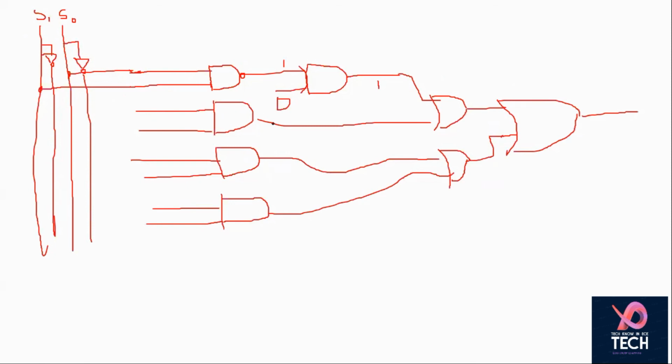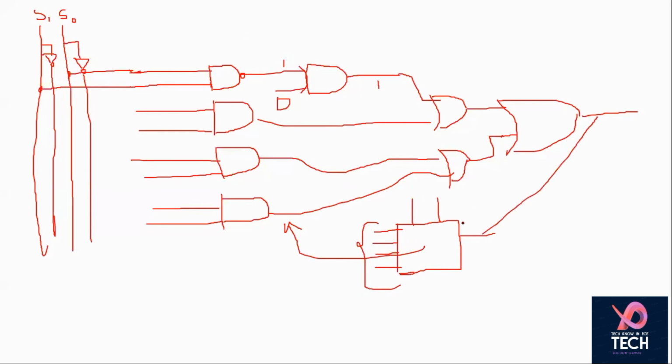So it can be implemented with any gates. It's not mandatory that you use only these gates. You are free to use any innovative circuit, but you should understand the basic thing for a multiplexer, because to you, the multiplexer is just this block diagram. You have selection lines, these are the input lines, and you get this at the output. So what is inside this? This entire thing is inside. This is your data. Accordingly, this block diagram is represented with this particular circuit representation using logic gates.